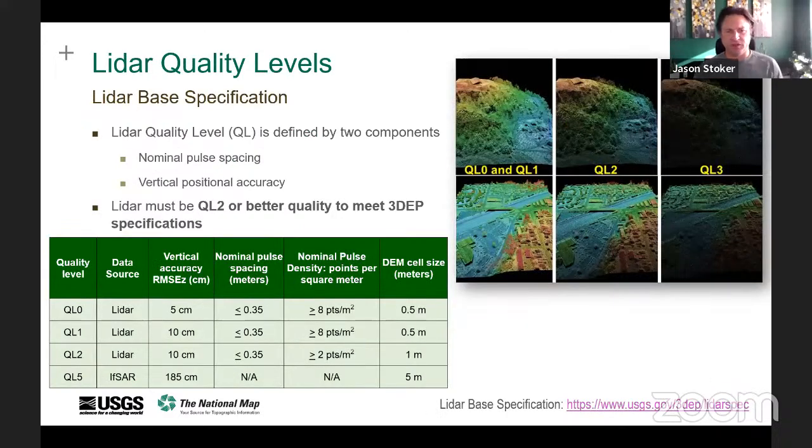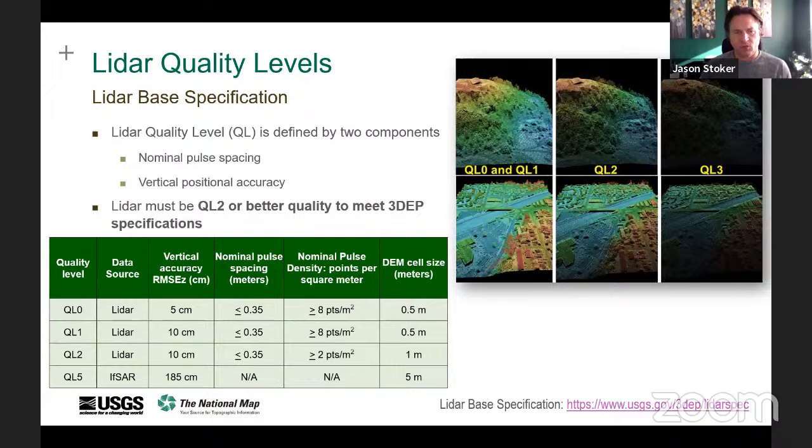Something that we refer to a lot when we're talking about 3DEP data is this concept of quality levels. So we developed this specification that if anybody who wants to collect LiDAR to go into the 3DEP repository has to meet all the letters of the specification. And this concept of quality levels really helps us kind of design both the accuracy and the resolution of the source and derived product data.